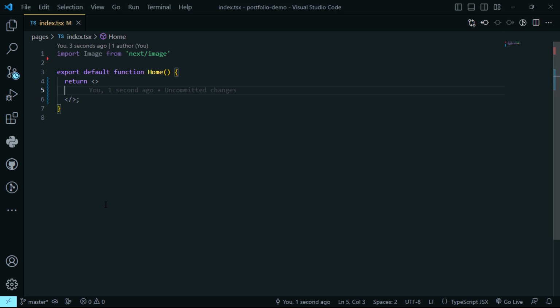So here, the first thing you're going to do, we are going to start by creating the header. So I'm going to create the header, and Shift Alt F to format the code. In this header, we are going to give it a padding from top to bottom. So first we're going to add a class name